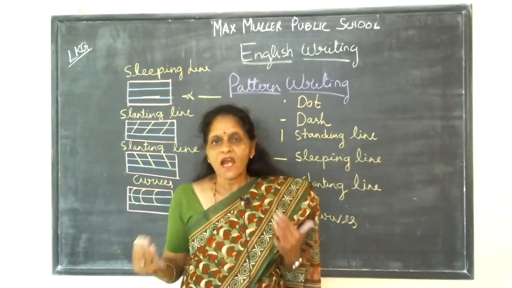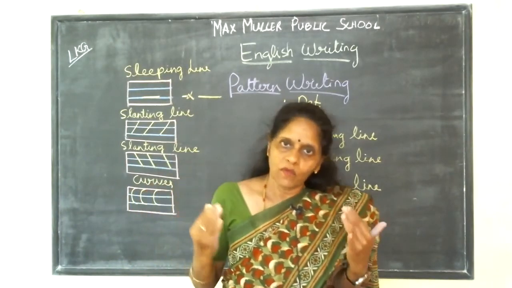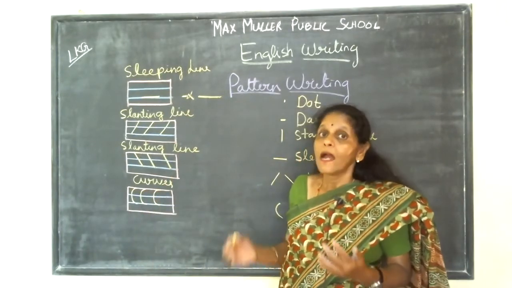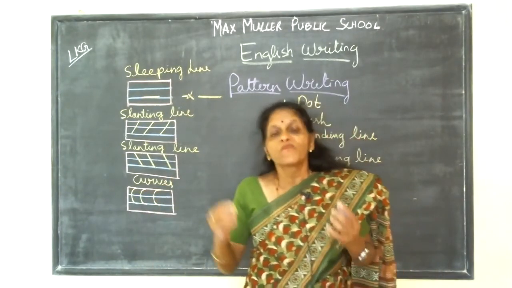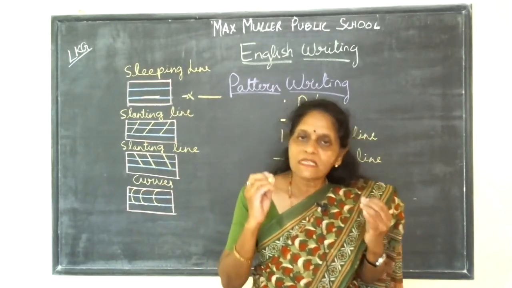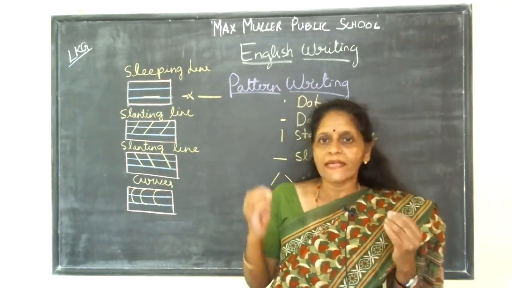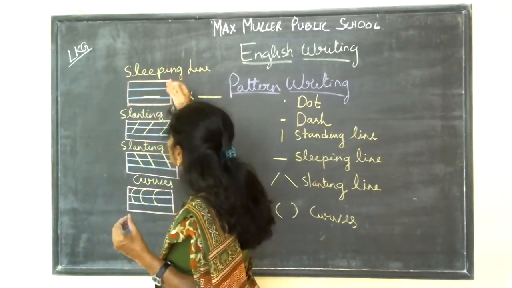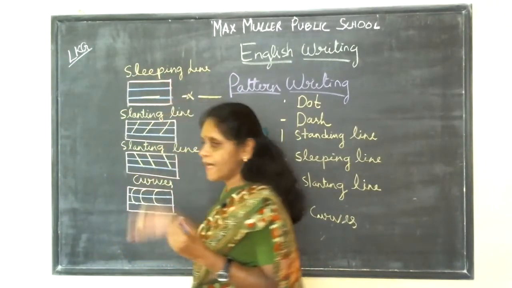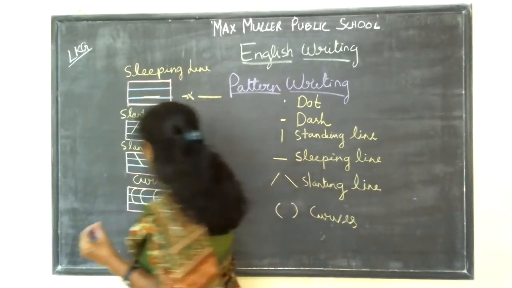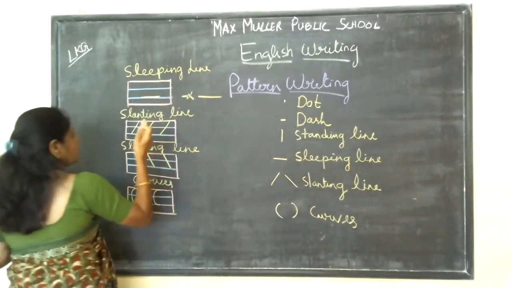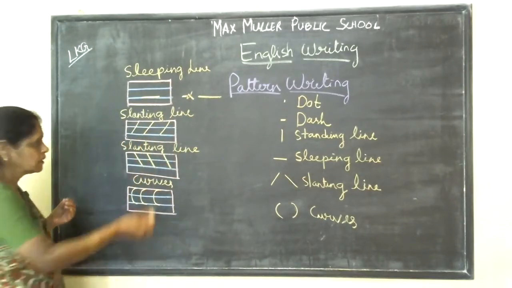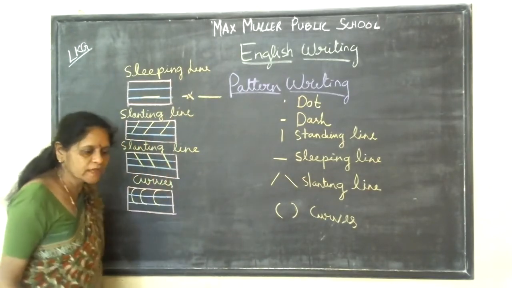So you have to start from the red line to the blue line. So which is red line? Again, I am repeating it. Parents, kindly make sure the child knows which is red line, blue line, and red line. So this is red line, blue line, red line. Again, I am repeating. Red line, blue line, red line. See, I'll draw and show again.